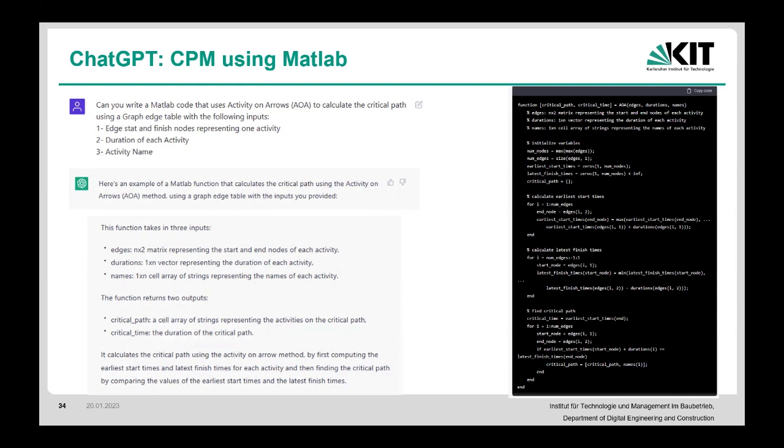What it did was it actually calculated only the earliest start times, placed it there, and then calculated the latest start finish times. And then basically put an if statement here that if the earliest start time of the activity plus the duration of that is equal to the latest start, that would be the critical path, and put the name there. So this part of it was very interesting for me to observe, it basically dug deep in and was able to see basically how this has happened